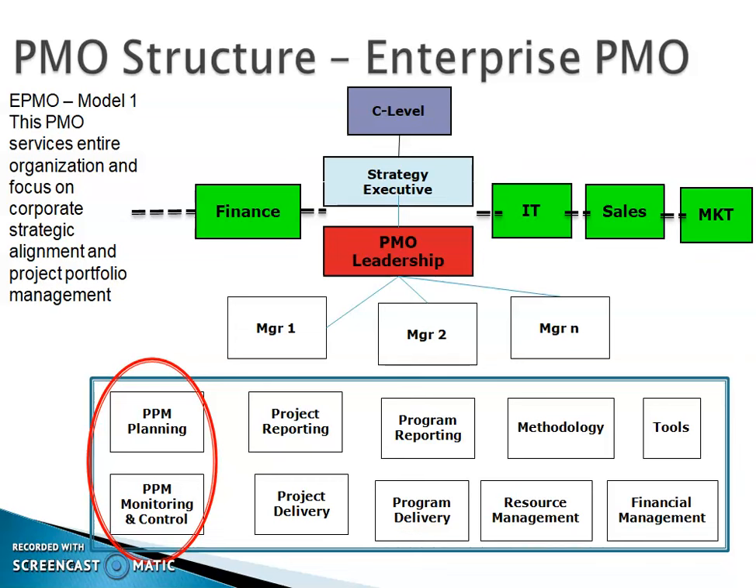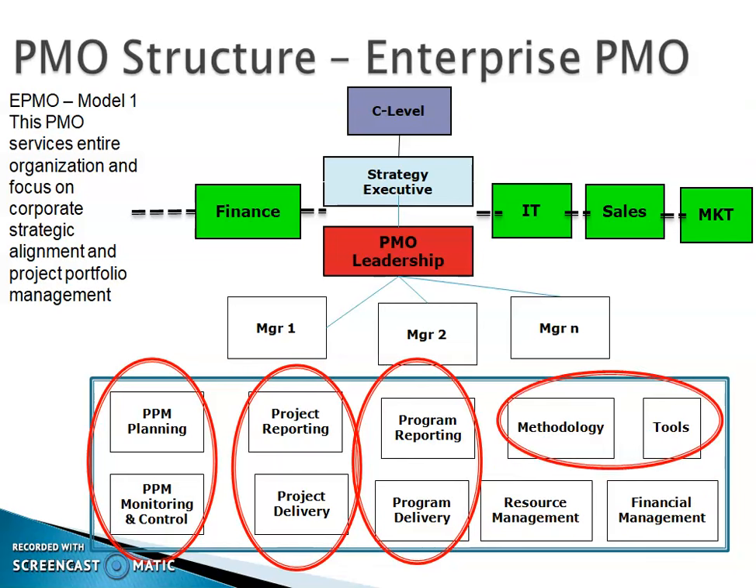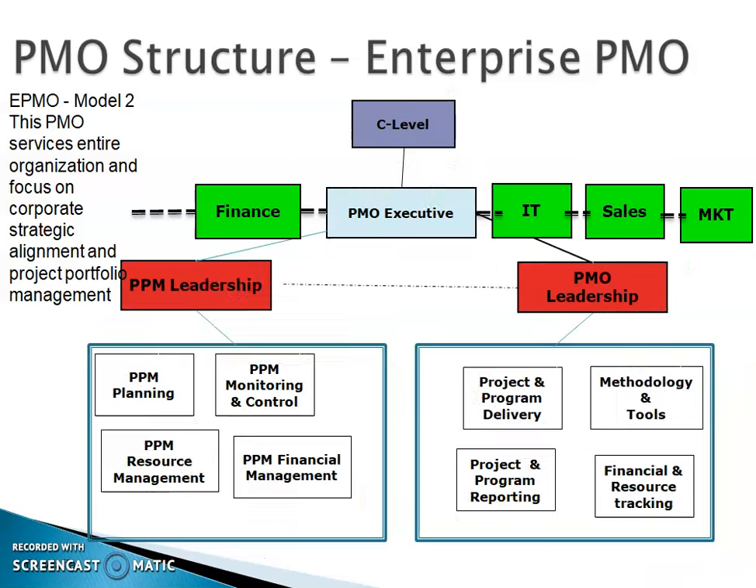For example, those two functions might be grouped under one manager, project reporting and delivery another manager, program reporting and delivery another, and then tools and methodology can be grouped under a manager, resource management and financial management under another manager. In the second model of the enterprise PMO, that's where at the PMO executive, there will be a PMO reporting